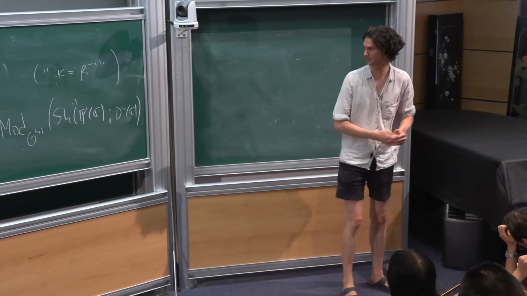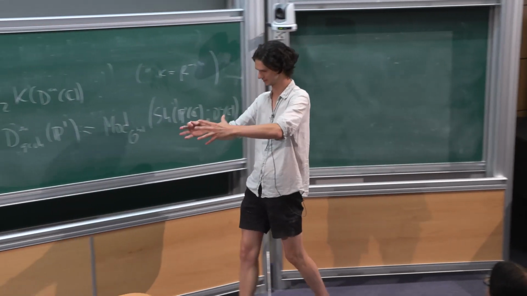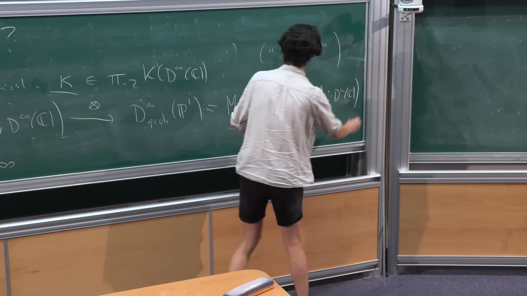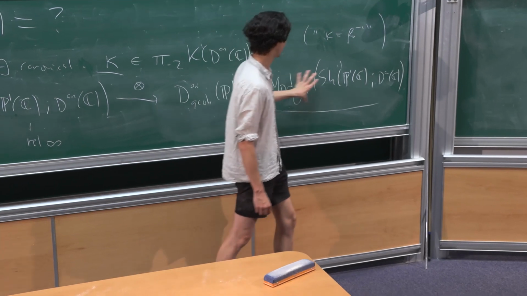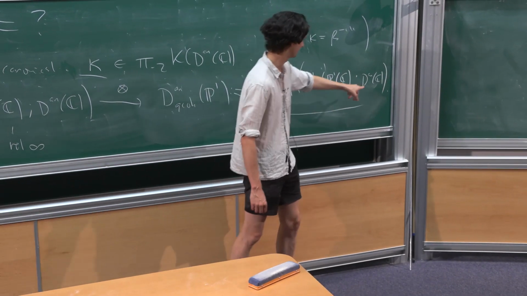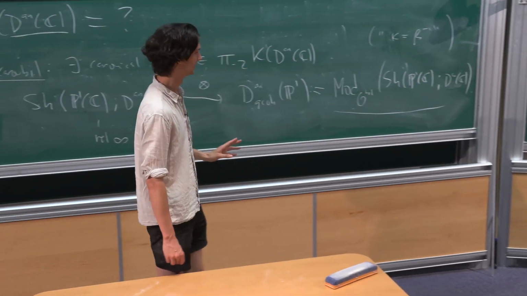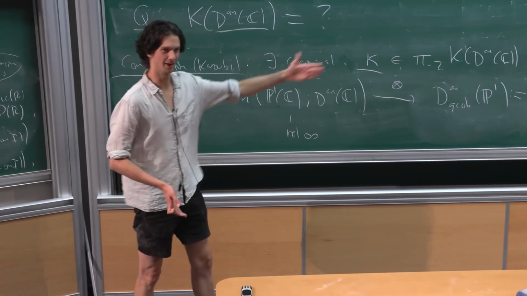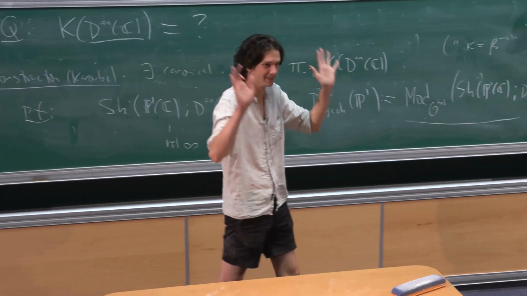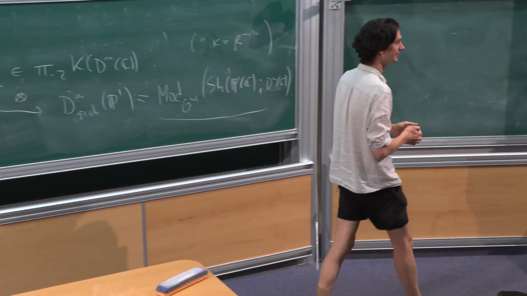I claim if you make this definition on a compact Stein space instead, then it's actually affine. So this category is the same thing as modules over that affinoid ring in this base category. Weird, but true. So you kind of get automatic quasi-coherence in this setting. Very strange, but yeah.